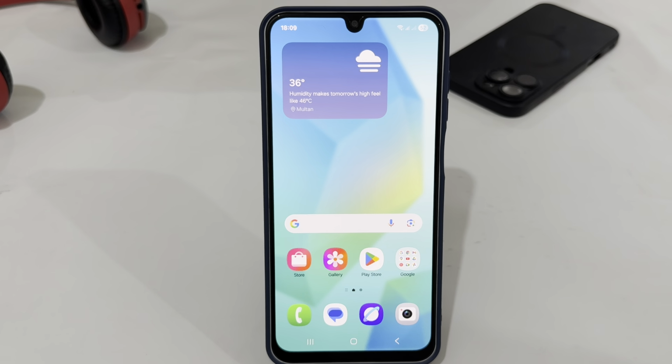First of all, you just have to open your phone settings. In settings, just scroll down and look for display, tap on it. Then look for navigation bar, tap on it. Then you must have to enable circle to search. Enable it. Now go back, and here you must have to press and hold on the home button to enable